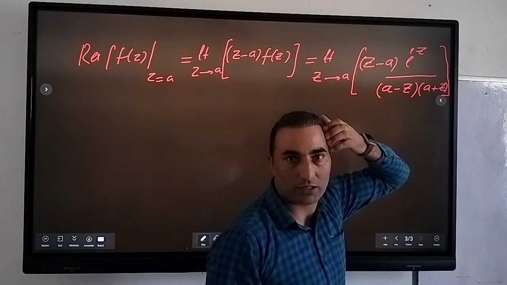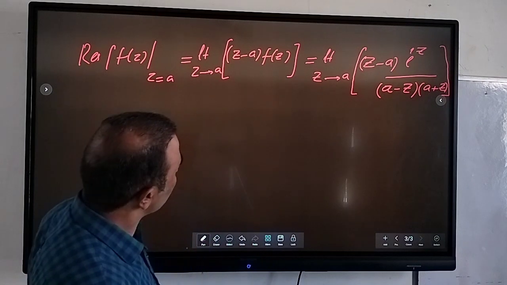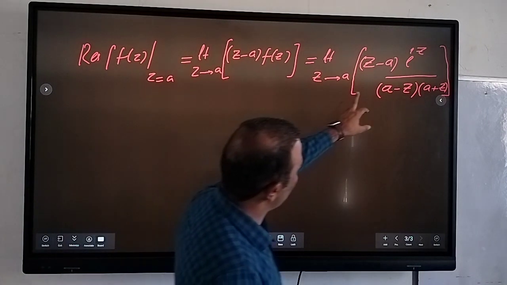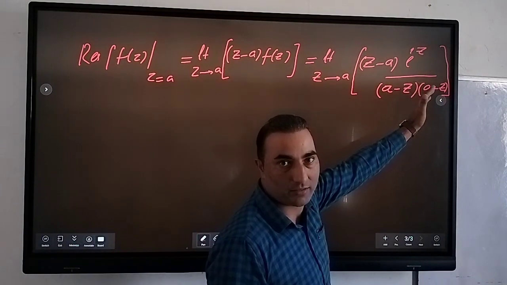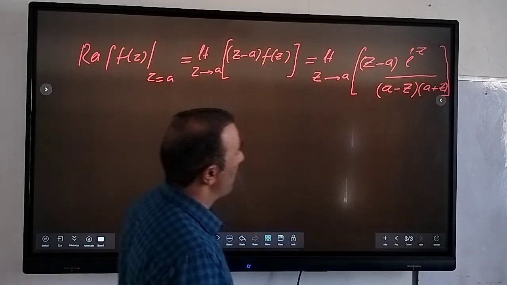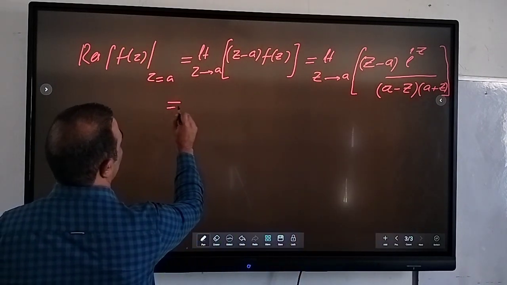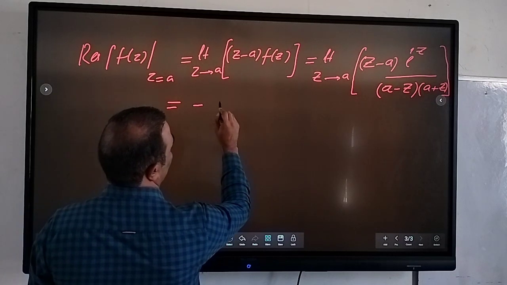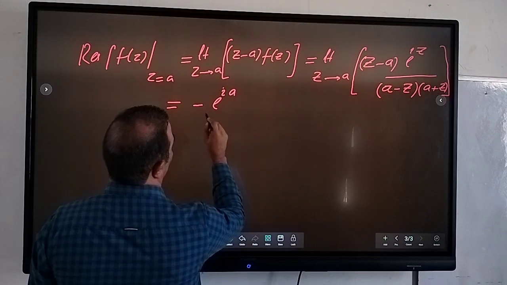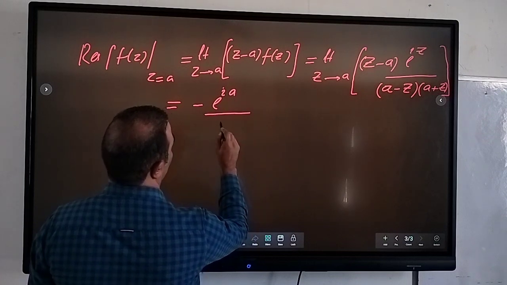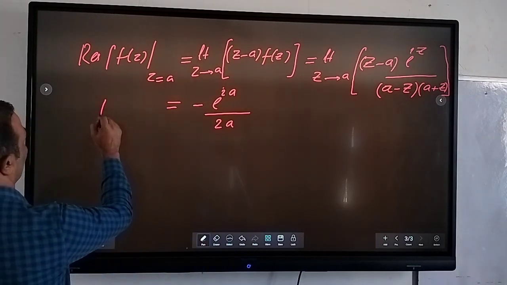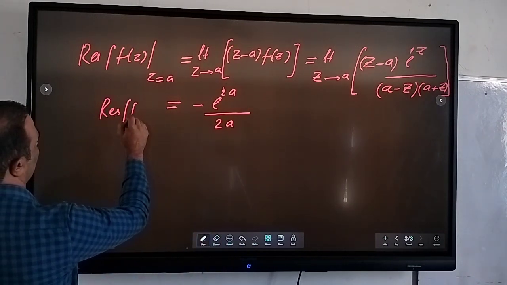So that's clear. Huh? Okay. So that means we can rewrite this term because this will cancel. So you have a minus sign here because this is z minus a and this is a minus z. So we can take the minus sign outside this integral, and we can write this as minus, right? So this is coming from the residue of this f of z,